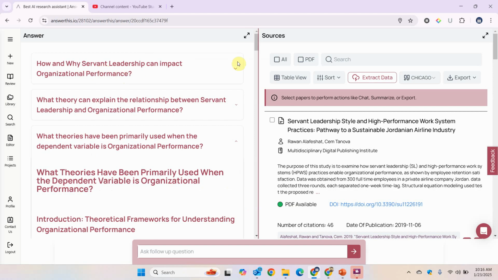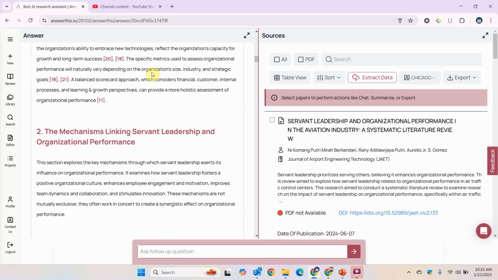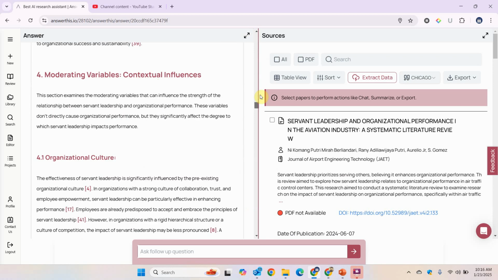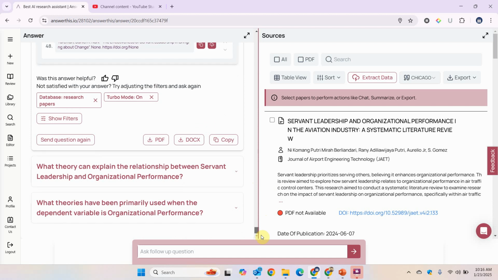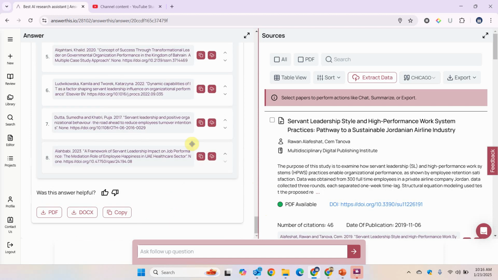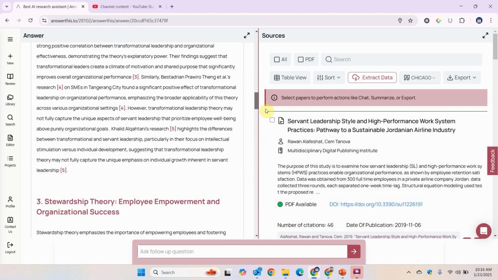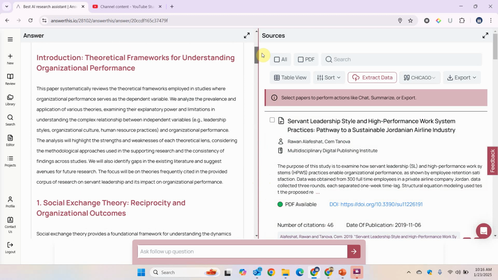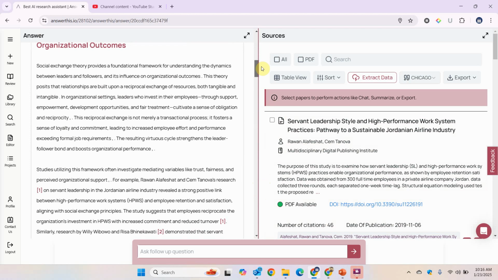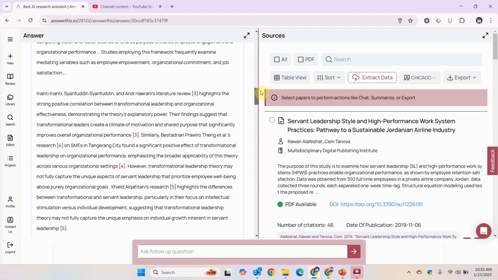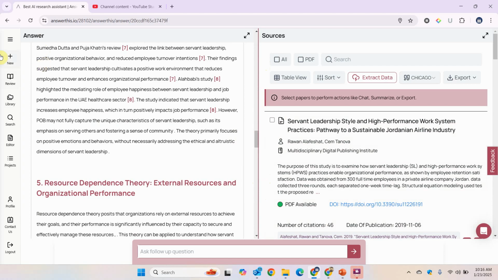Now here are a few other details. Let's look at this. How and why servant leadership can impact organizational performance. Well, these were the earlier prompts, so you get all those prompts lined up for you. Here is the one that we asked just now. So we've used social exchange theory in the literature, and we've got these other theories as well. Now let's go back,